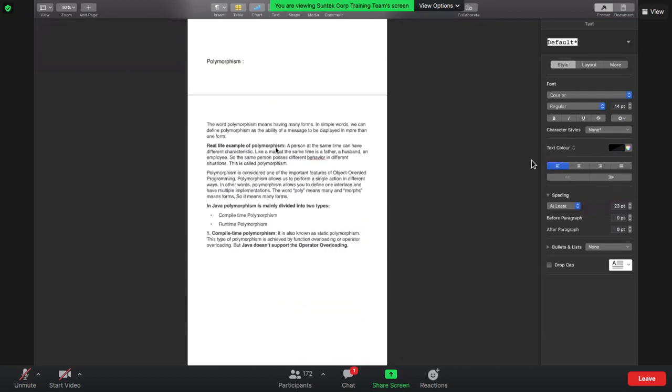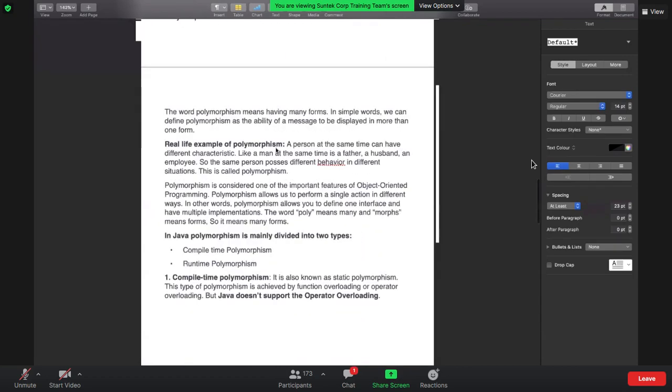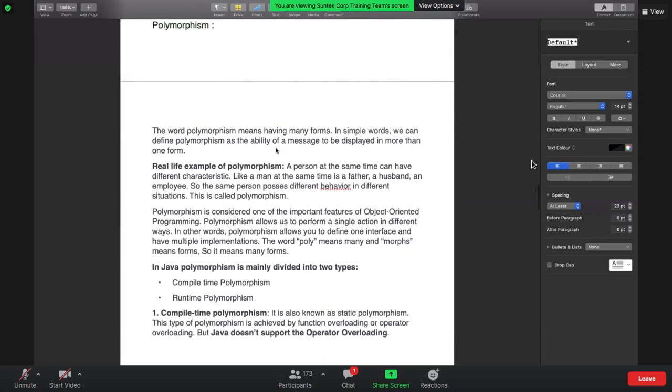So can we quickly move on to polymorphism, in which we are going to discuss what exactly overriding is, what exactly overloading is, and how we achieve it. Okay, once again. Okay, no issues.